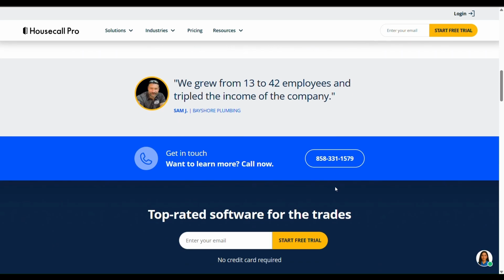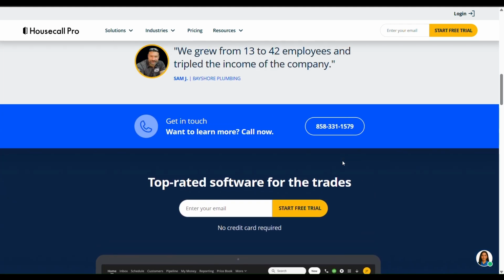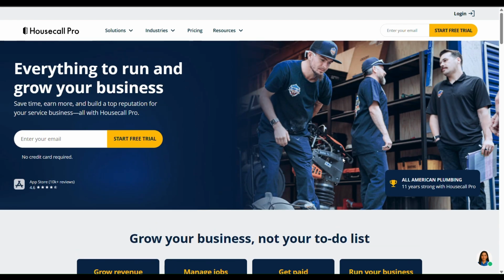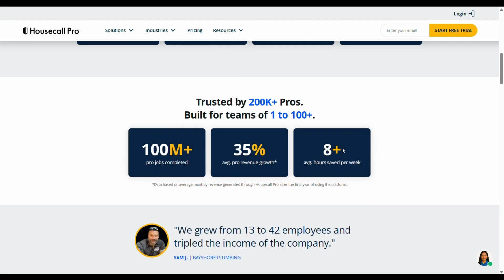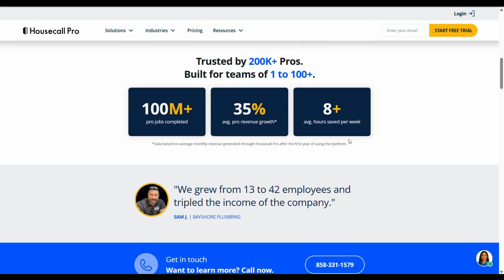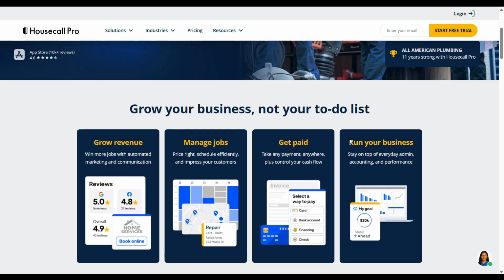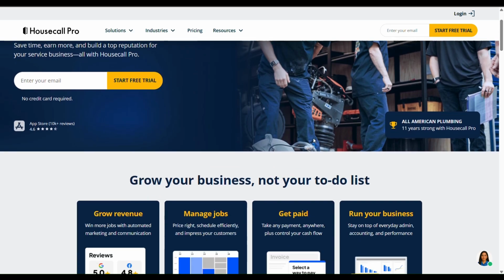Its pros include having a user-friendly interface. Housecall Pro is generally easy to set up and use, particularly for small teams, so adoption tends to be quicker. It has good mobile performance. Field technicians report the app works smoothly, updates in the field, and handles notifications well even in spotty signal areas. However, its advanced features are locked behind higher tiers or add-ons. To get GPS tracking, equipment tracking, or very custom reports, you'll have to pay more, sometimes quite a bit more. Pricing can escalate. As you add more users, vehicles, or special add-ons, monthly costs go up, which for some businesses